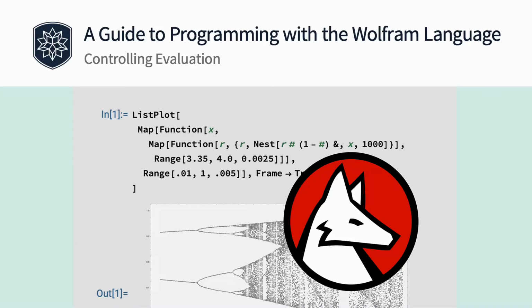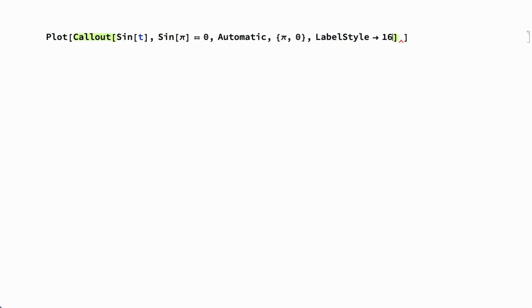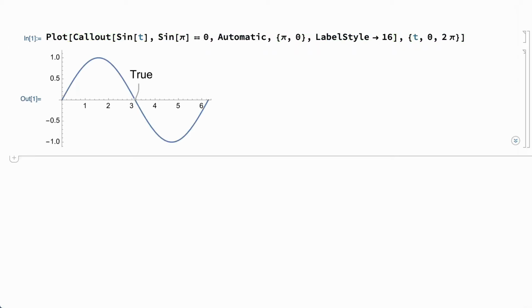There are a number of applications where it's useful to hold expressions unevaluated, either for displaying expressions in labels or other output, or for various reasons in programs. Starting with unevaluated expressions in output, this input shows a plot with a callout label where the label specified in the input is the equation sine of pi equals 0, but instead of showing that equation, the label that appears in the plot is the value true, which happens because the equation in the input evaluates to true before the